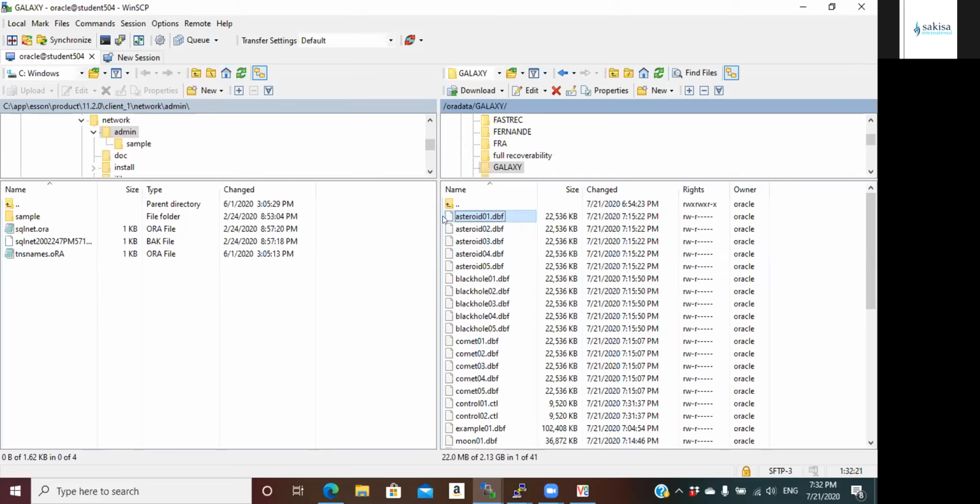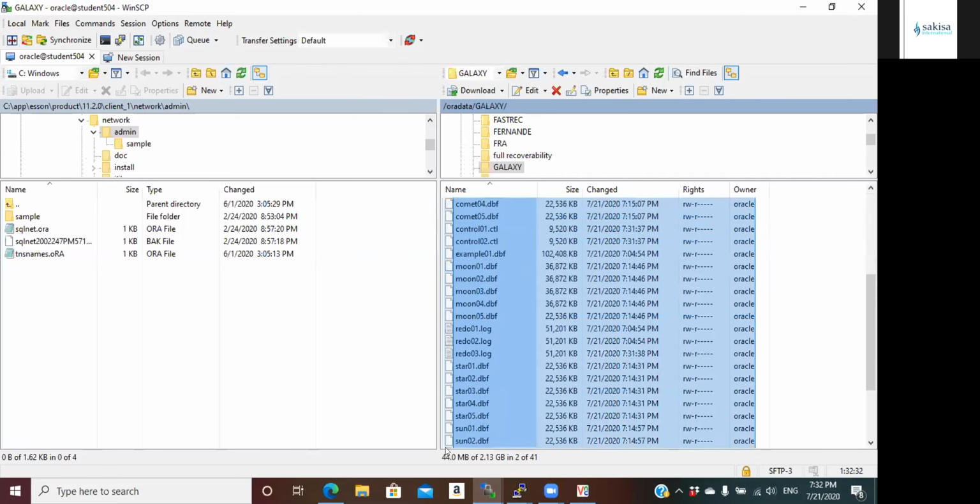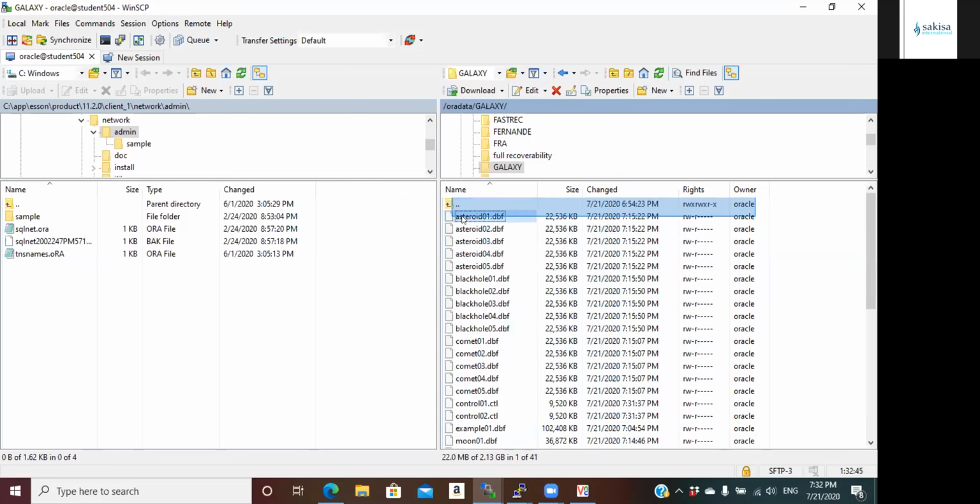You drag from your left to your right. Oh, don't delete the important ones. Example and sysaux and all that. You don't want to delete those ones. Even the control files, do not delete.